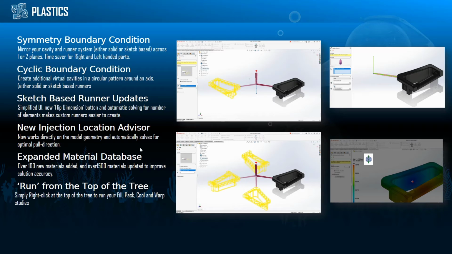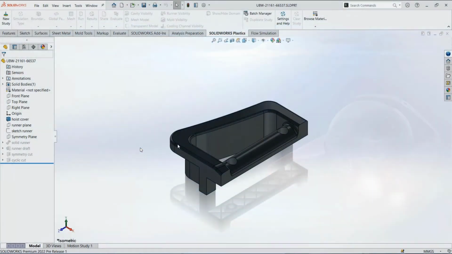So on the top of the tree we can define the fill, pack, cool and warp studies. Accordingly we can customize, we can run the studies as per our requirement. So we'll see all these steps in the hands-on session now. Yep, in SOLIDWORKS Plastics 2022,